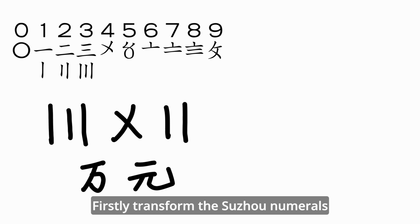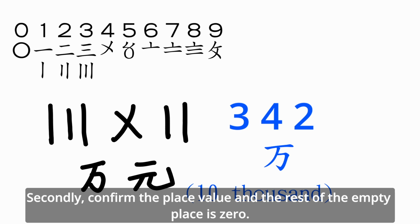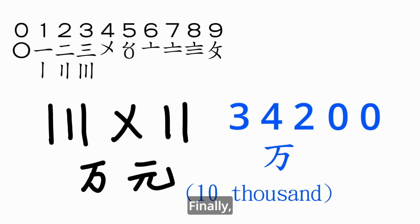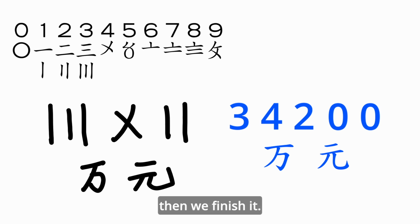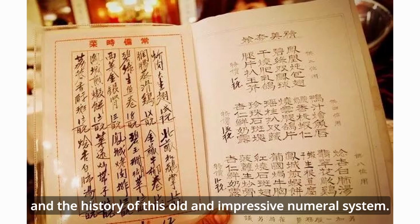Firstly, transform the Suzhou numerals to our numerals in life. Secondly, confirm the place value, and the rest of the empty places are 0. Finally, add the yuan, the Chinese monetary unit. Then we finished it. Okay, this is the basic rule of writing Suzhou numerals and the history of this old